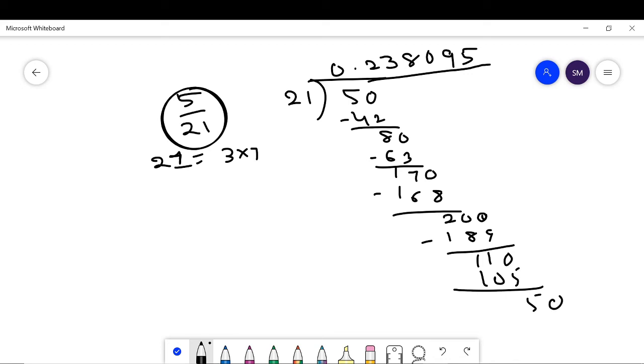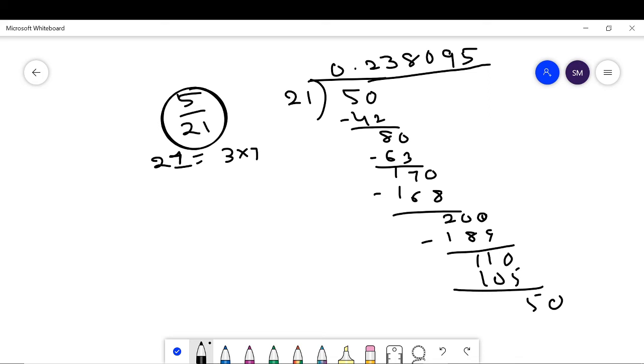We do not get a terminating decimal number. As I have told you before, when you prime factorize the denominator and you get only the terms 2 and 5, when the denominator is a multiple of only 2 and 5, in this case you only get a terminating decimal number, otherwise you do not get a terminating decimal number. These are examples of terminating decimal numbers.